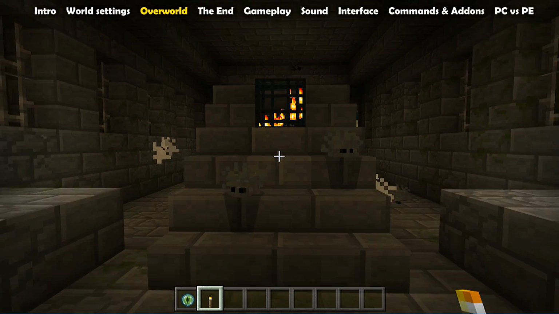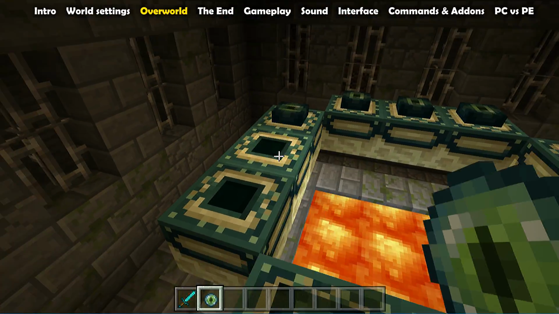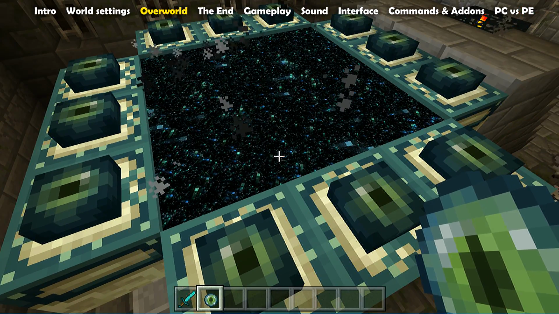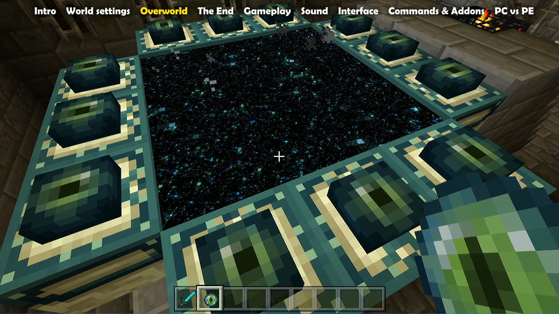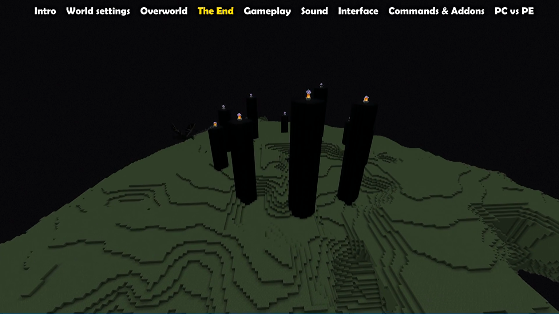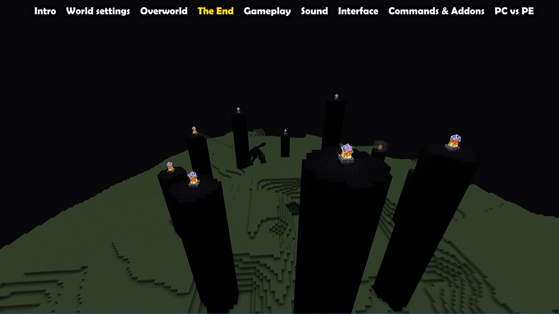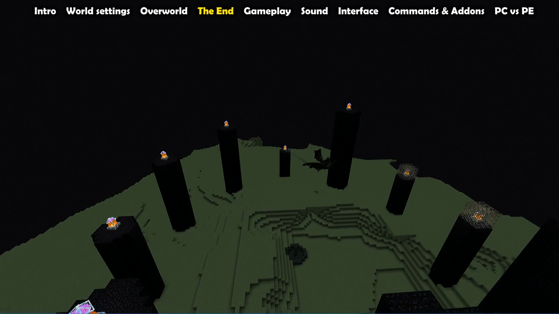Inside the stronghold will also be an end portal frame, which you can activate by filling all the slots with these Eyes of Ender. Once the portal has been filled, enter it to travel to the end. The end contains an island of end stone with obsidian pillars on them. On top of the pillars are end crystals, and this island is occupied not only by endermen, but also by